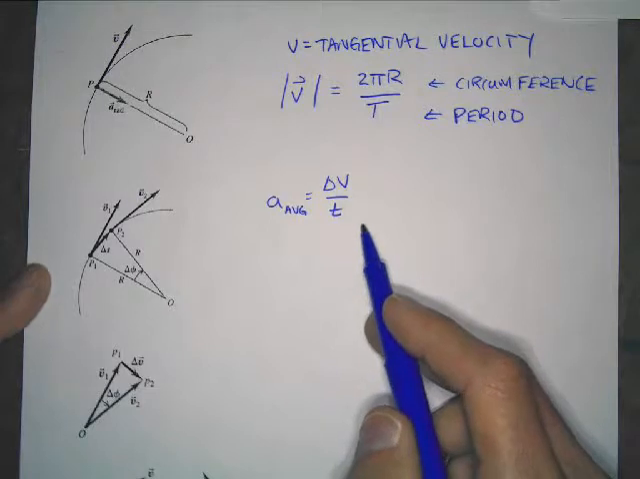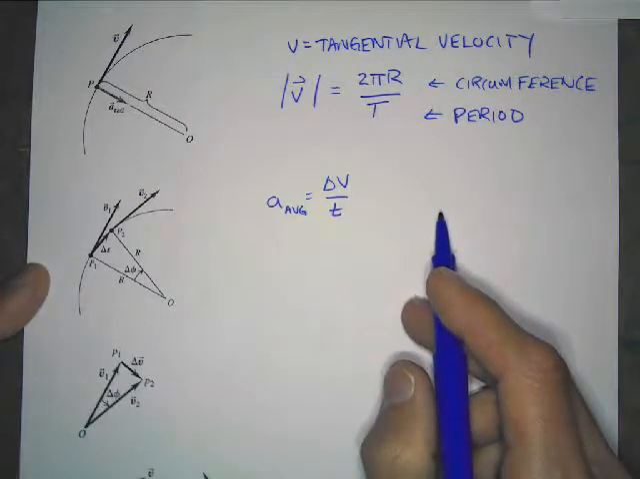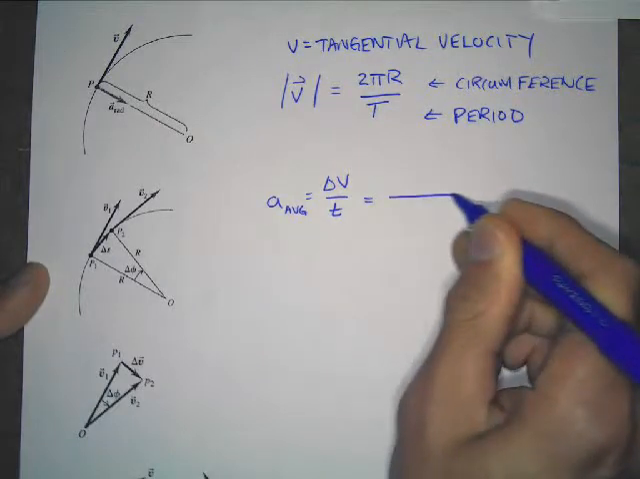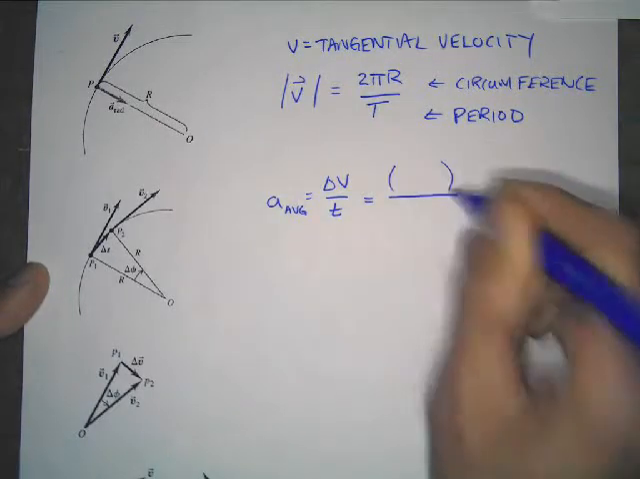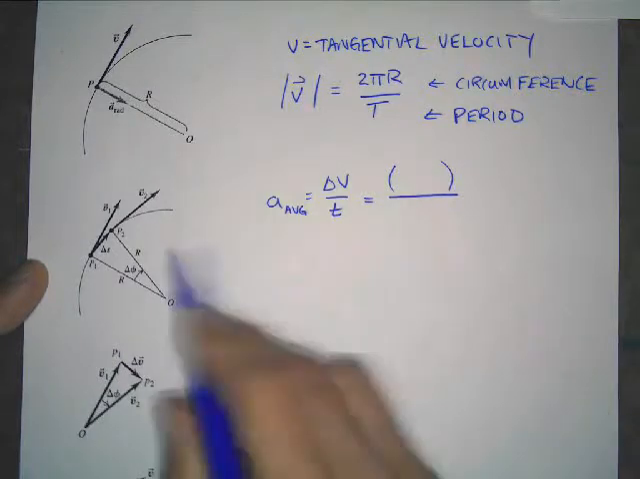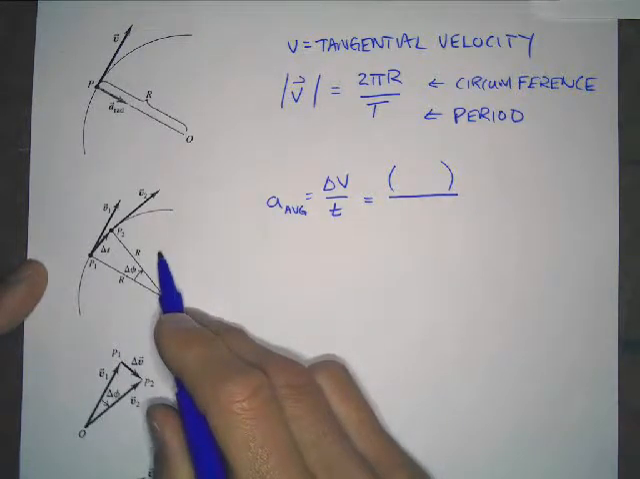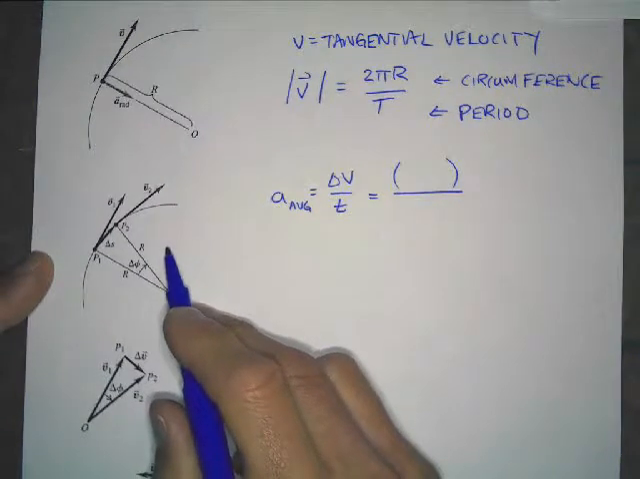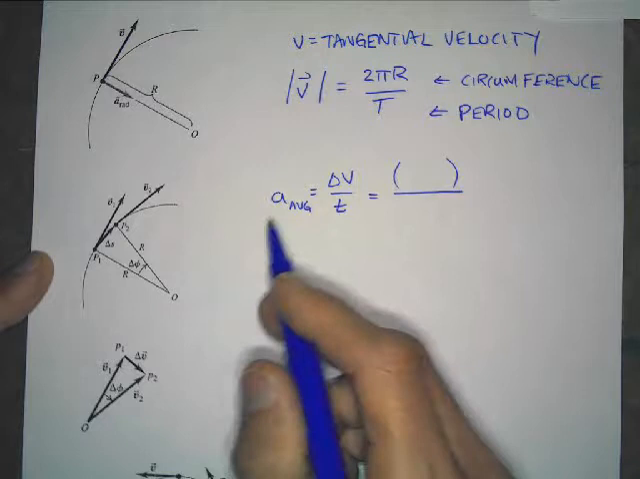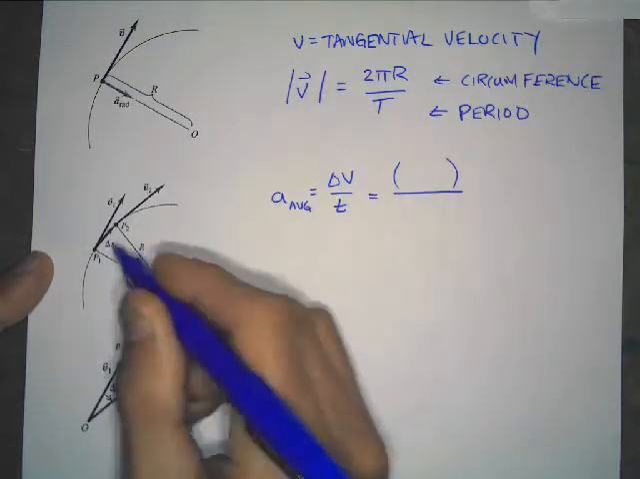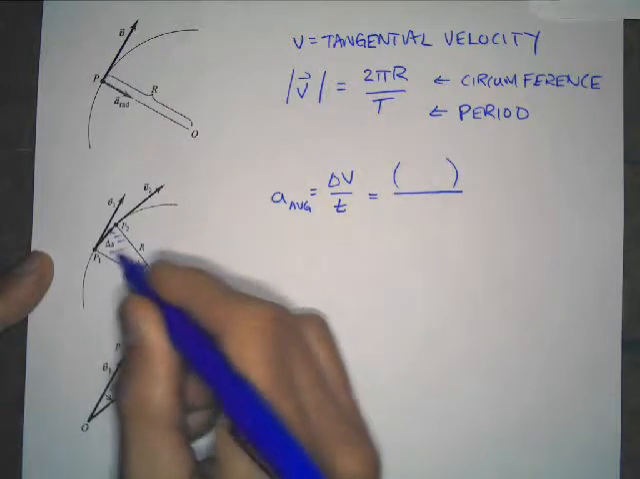So let's see if we can come up with this. What we're going to want to do is come up with a way of writing down the change in velocity using our vector picture that's over on the left. So this is the tricky part. What we're going to do here is, first of all, take a look at this triangle that we have here. Okay, I'll kind of shade it in